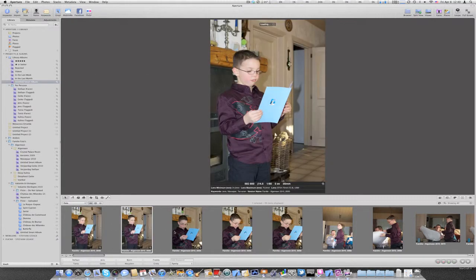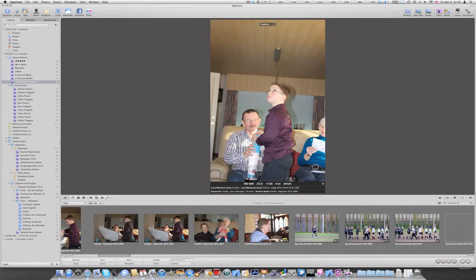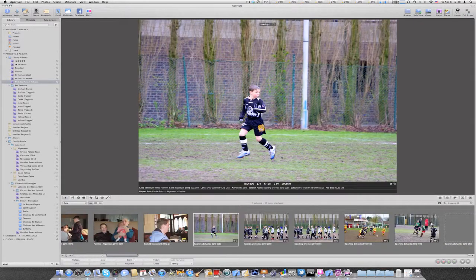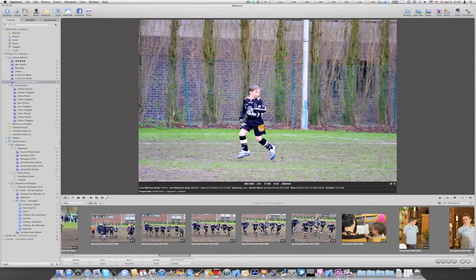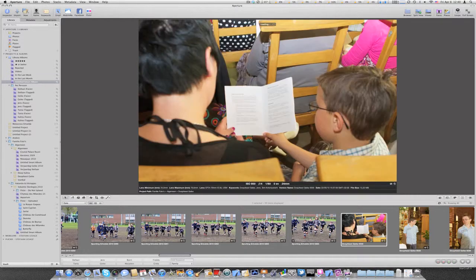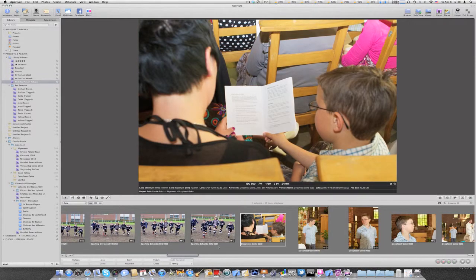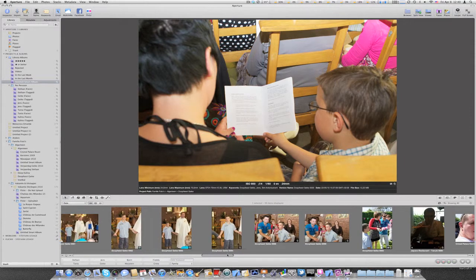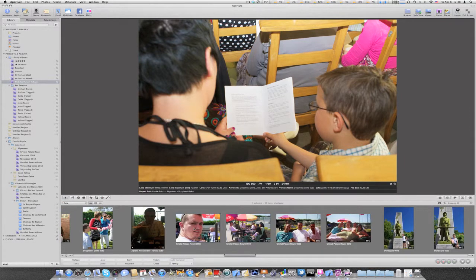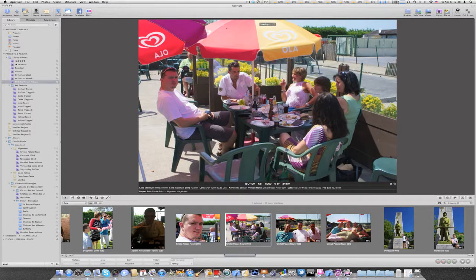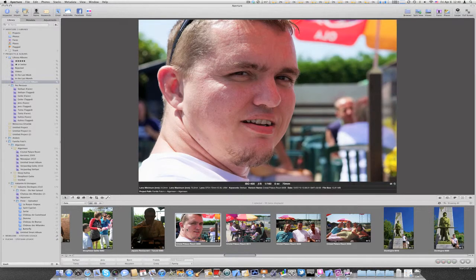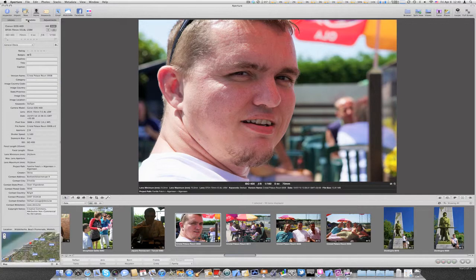And I have some pictures in here with my son Jens. Some pictures of him during a football soccer game. Some other pictures as well. And normally, if everything goes well, you should see some pictures of me as well in there. Okay, but this is something quite special, because if we have a look at the pictures themselves, you will see